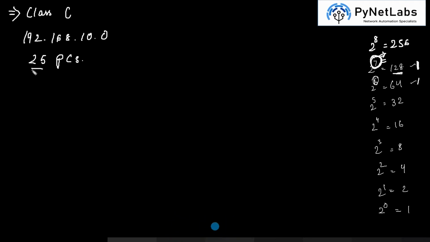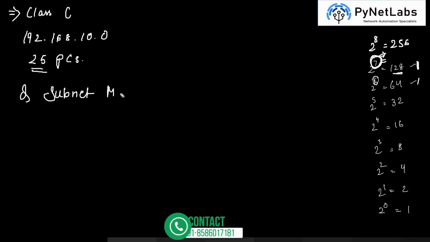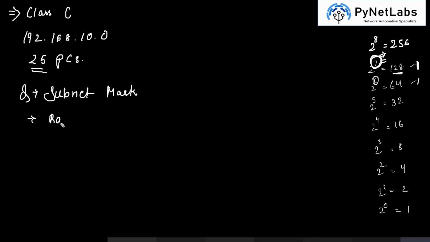Okay. So let me know once you are done. You have to just simply post the subnet mask. You don't have to put the whole solution for this. You have to put the subnet mask for this, and with that you have to put the ranges which will be there. So I'm giving you a few minutes. You can complete it and let me know once you are done. Guys, please post the ranges also with your subnet mask.